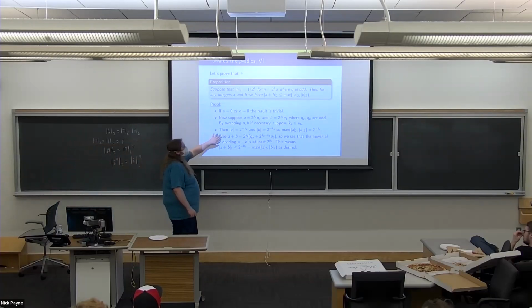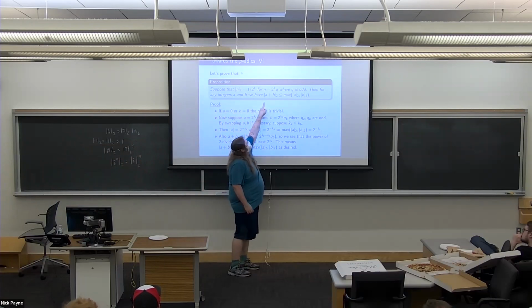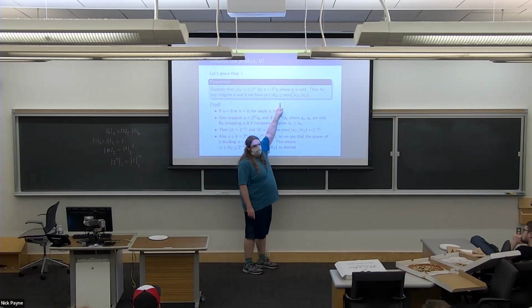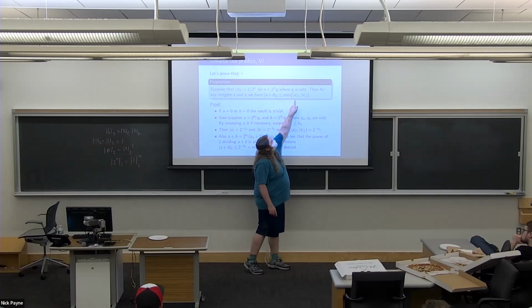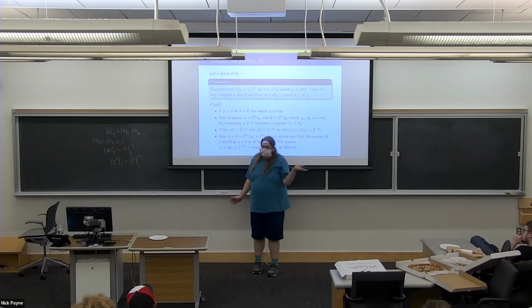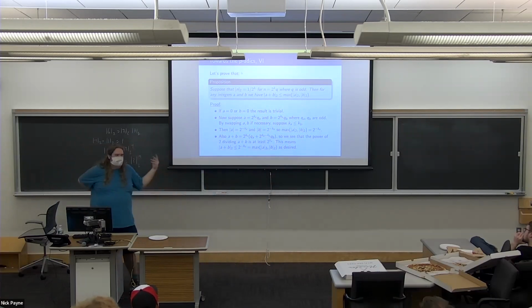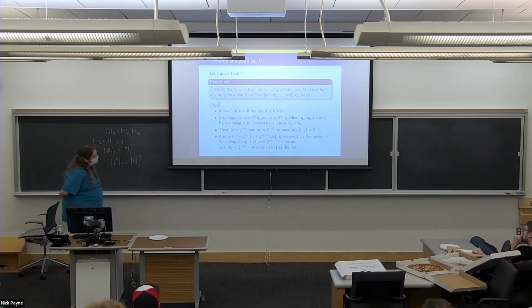One exception is, of course, I have to always do a or b equals 0 separately because it has its own thing here. So why is this true if a is equal to 0? Well, if a is equal to 0, this is the absolute value of b, and it's supposed to be less than or equal to the maximum of 0 and the absolute value of b, which is dumb, right? Because that's just going to be the absolute value of b. Likewise, it's symmetric in a and b, so it works if b is 0.